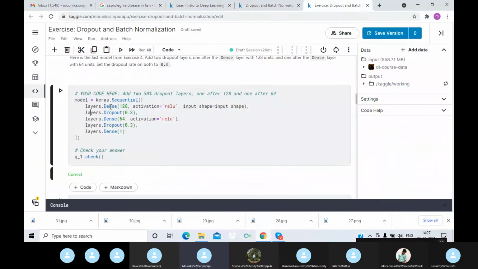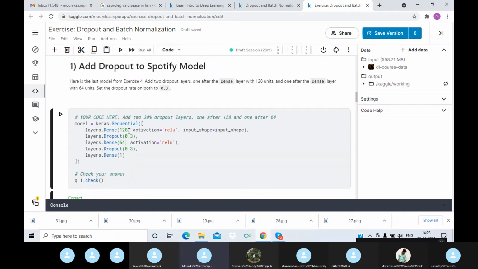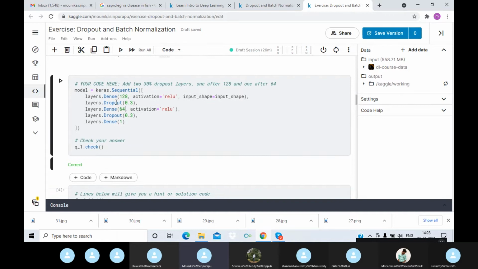First layer is a dense layer with 128 units and the activation function is relu. Second layer is dense with 64 units and the dropout rate is 0.3. Finally, we'll be adding the output dense layer.